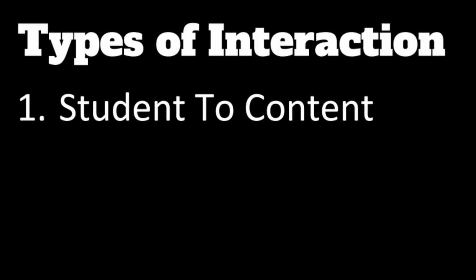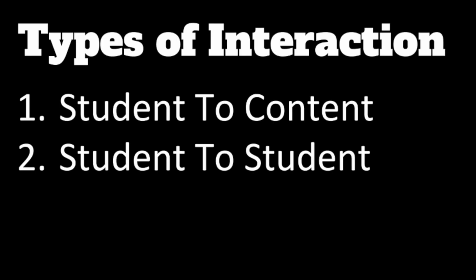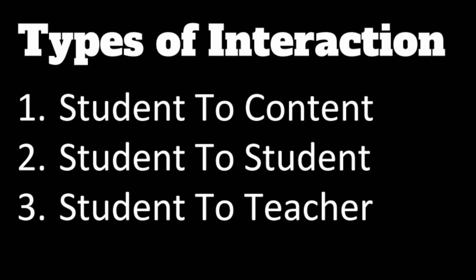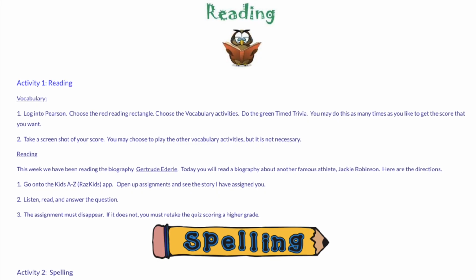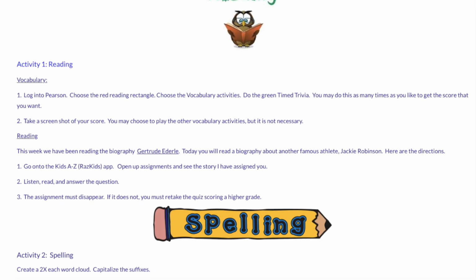In a given classroom, there are only 3 types of interaction. There's students interacting with content, student to student where they're interacting with each other, and student to teacher where the teacher and the student are interacting back and forth. And that's it. Too often with online learning, we actually start and even sometimes end with student to content interaction. And all 3 types of interaction are equally important.